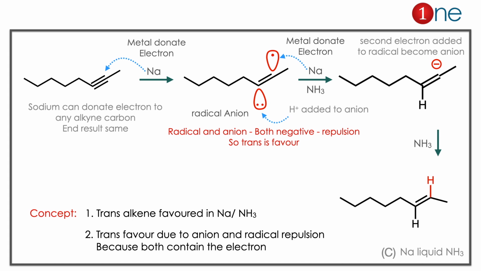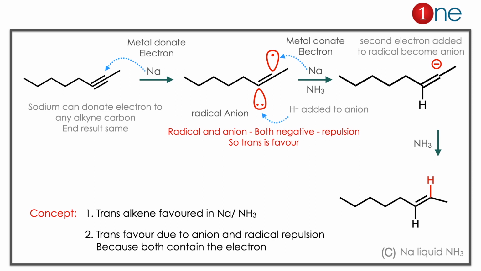The donation can be on any carbon. The alkyne is converted into a radical anion. The anion and the radical both carry negative character because of the electron inside, so the radical and anion repel each other, so it will always be trans. So the trans position is there. The anion is quenched by H plus, and then the radical is retained. Again you are using sodium metal, and the radical becomes an anion. The anion is again quenched by H plus, and you have trans hydrogens. So the starting material is converted into the trans product by sodium and liquid ammonia.